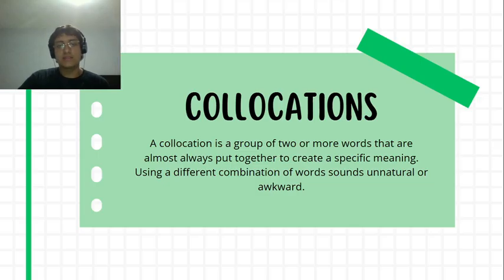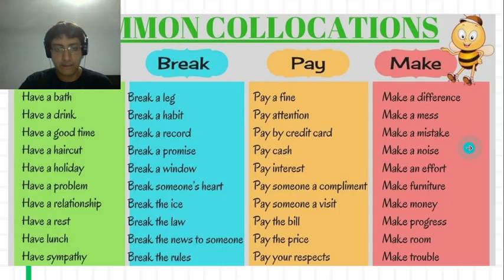In collocations, a collocation is a group of two or more words that are almost always put together to create a specific meaning. Using a different combination of words sounds unnatural or awkward. Some collocations that we have here are with have, break, bake, and make. As you can see in these